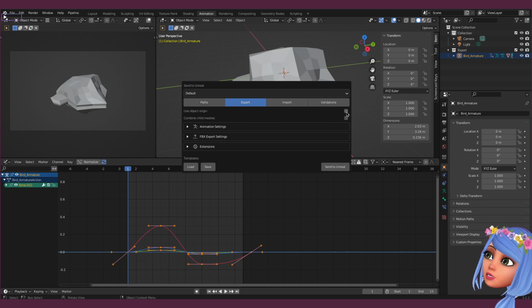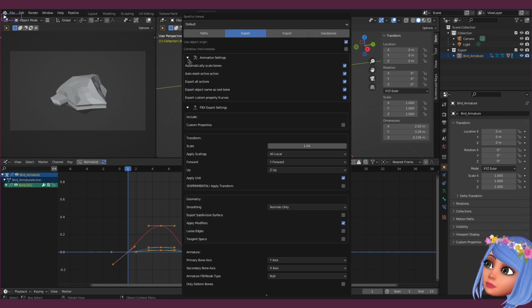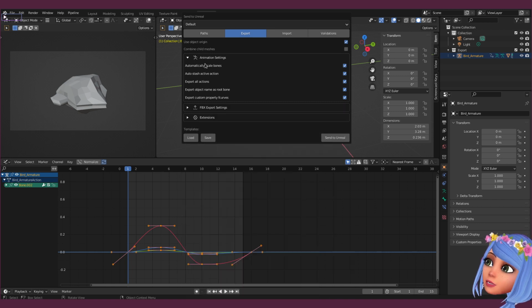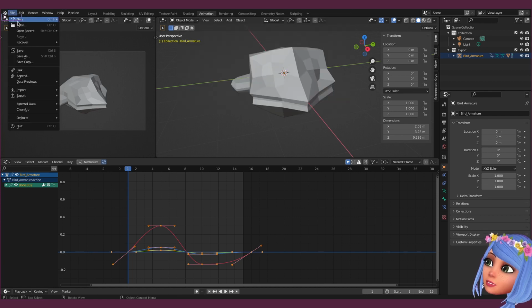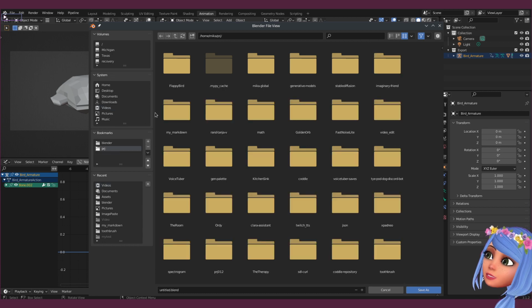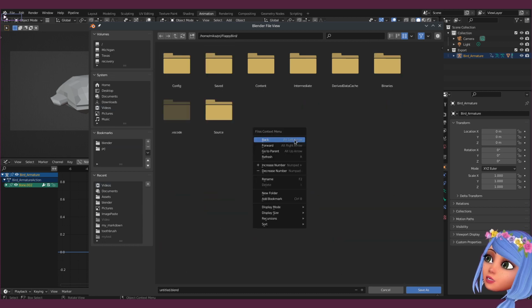So use origin, I set it here. There is in our things I do face, here's moving, and I think that's it. And now I can press send to Unreal, but first I'll save this file. And usually what I do, I create directory here called